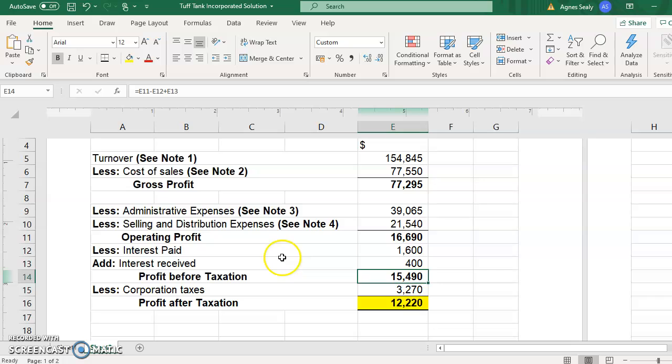Then we paid our interest, and we subtracted the interest we paid from that profit, and we added our interest received to that profit and got profit before taxation of $15,490. And then we took out the taxes that we were supposed to pay of $3,270, and we have profit after taxation of